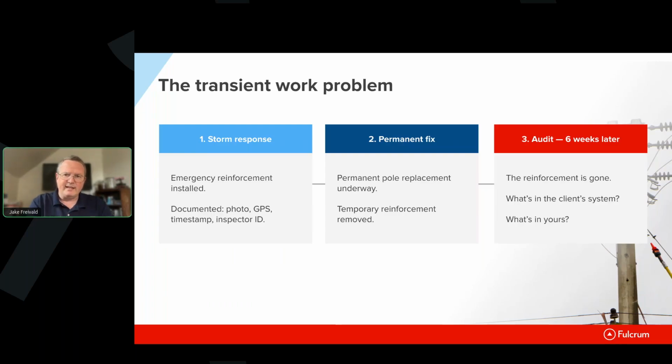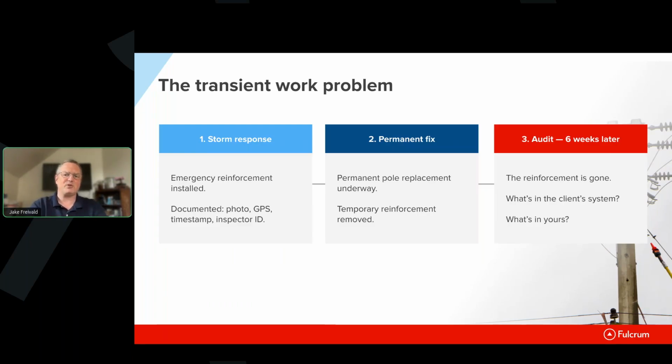And the problem with that is that when you reinforced the pole, you should get paid for that work. You need to have the evidence that shows that you did that work. But when people drive by that spot, that is no longer in evidence. You can no longer see the temporary replacement fix that was done. All you see is the composite pole. So when they come back to audit 6 weeks after the pole has been replaced, the reinforcement is gone. You can't drive by and take a picture and say, yep, this is where we did it. You can't prove it if the data wasn't captured there originally.